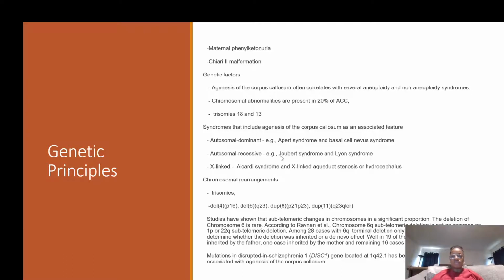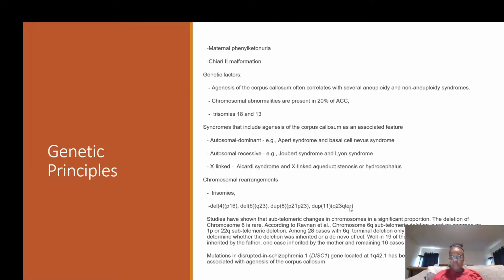Autosomal recessive, it can lead to Joubert or Lyon. X-linked, Aicardi, and X-linked stenosis and hydrocephalus. And it can be associated with deletions and duplications. As you can see, you have 4p16 deletion, 6q23 duplication, 8p21, p23 duplication, 11q23,